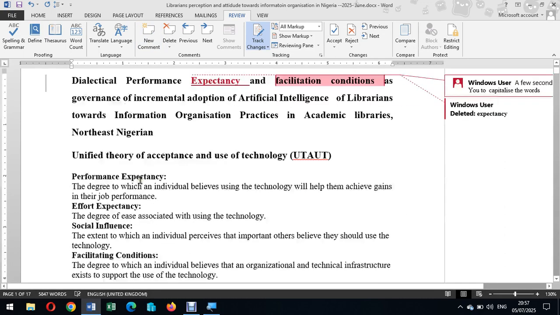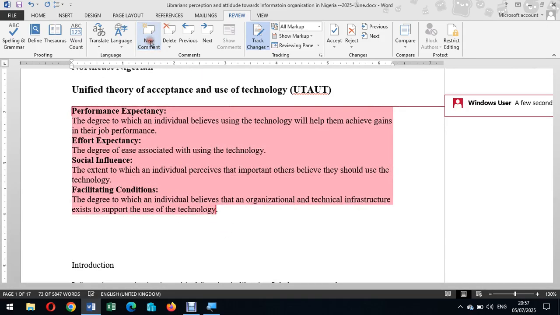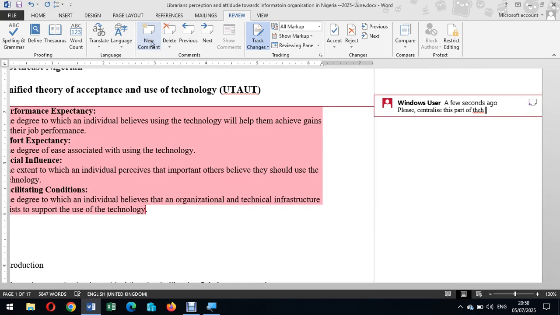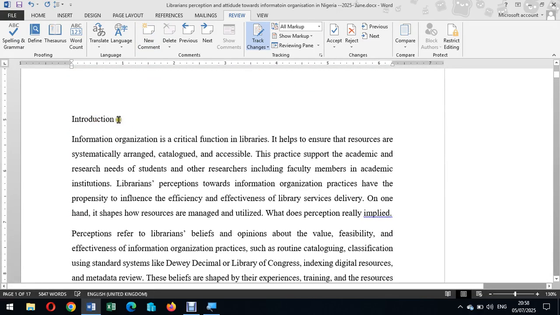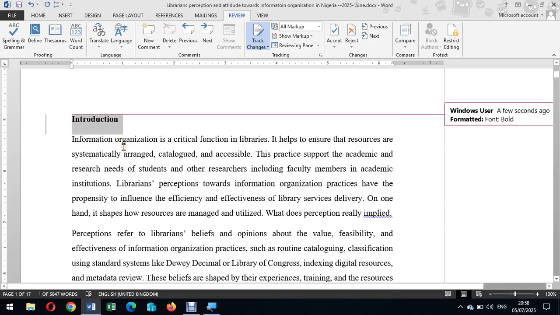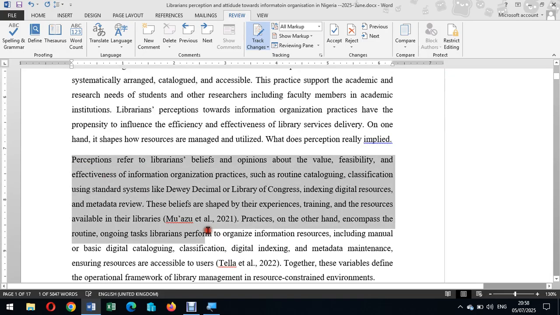Yeah. So you move down and you say I can highlight all this guy, and I can click on comment and say please centralize this part of the work. And in most cases I may not want to be giving directions or instructions to the author. For example, I want this one bolded. I click Ctrl B, I bold it for him,